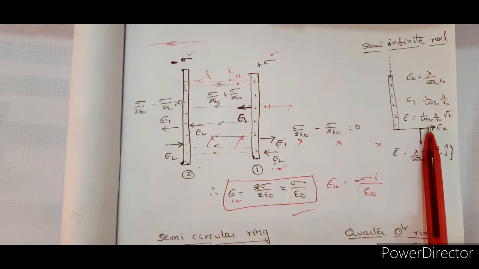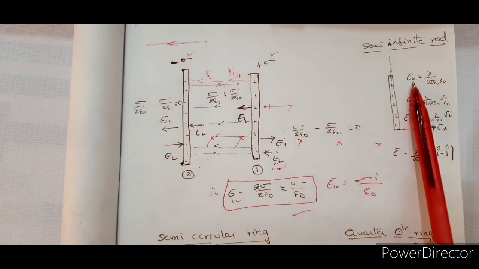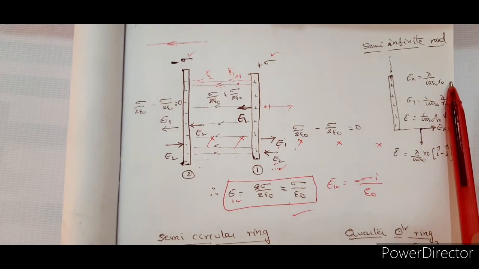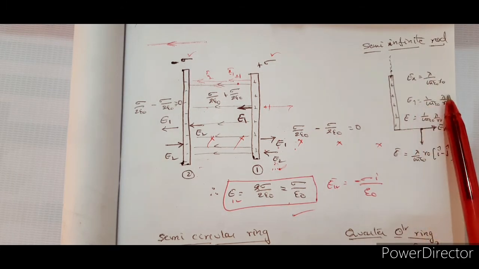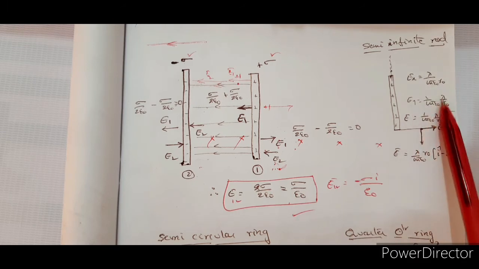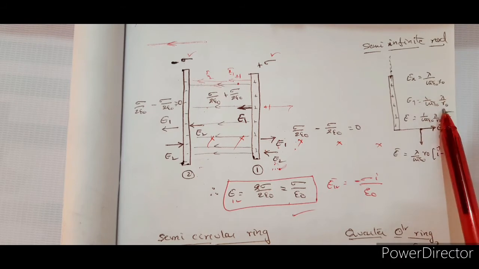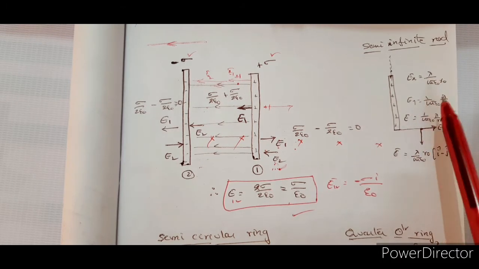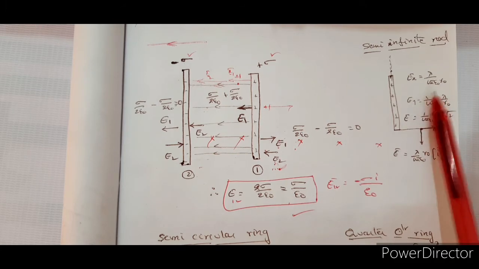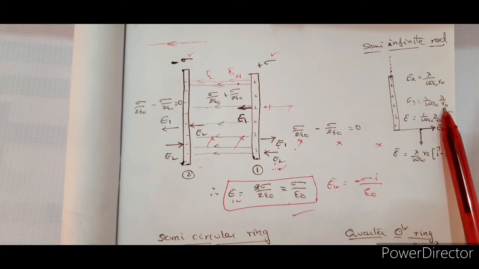Right, so at this point you have Ex and Ey both, and Ex is equal to lambda by 4 pi epsilon naught R naught. Ey is also the same thing, 1 by 4 pi epsilon naught into lambda by R naught. It is an easy way of remembering. Whenever 4 pi epsilon naught exists in the formula, try to keep it like that only: 1 by 4 pi epsilon naught into lambda by R naught.